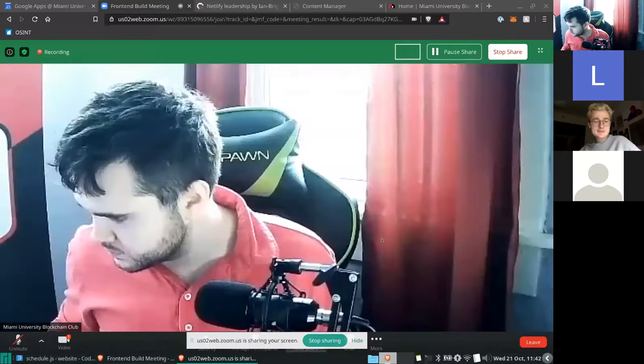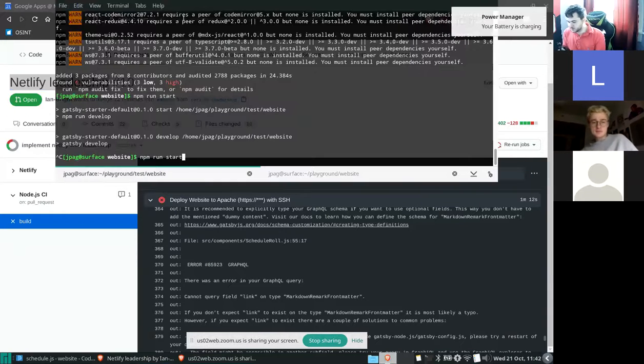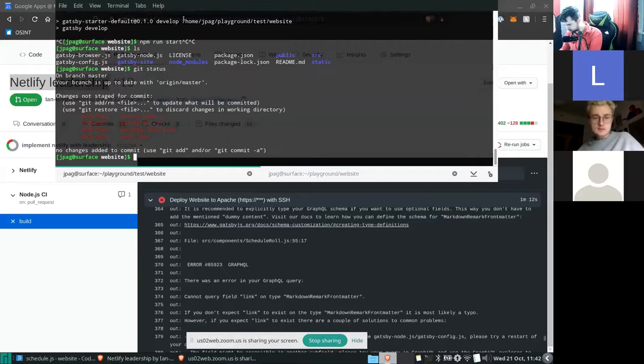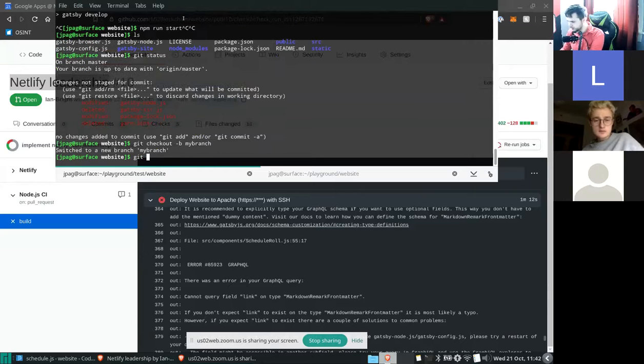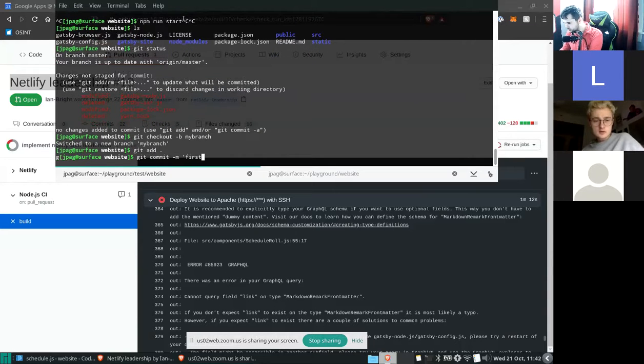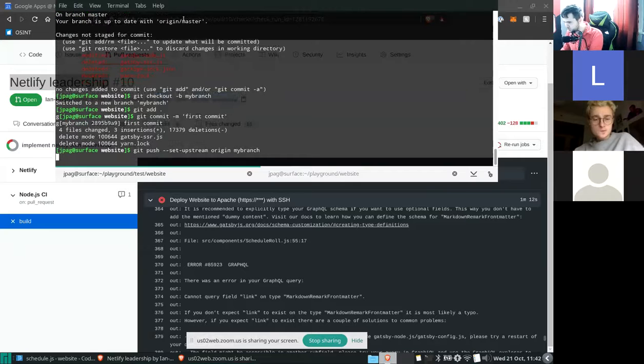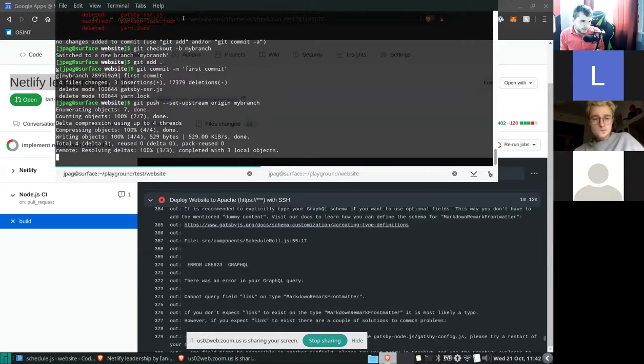Share screen. Okay. So the last thing that you might want to know how to do is git checkout -b my-branch, git add ., git commit, git push --set-upstream origin my-branch. So what I just did was open up a new branch, and